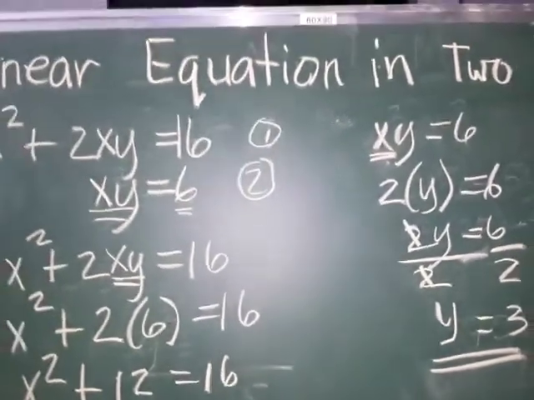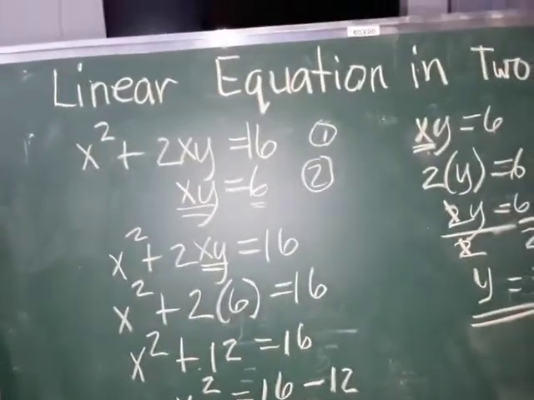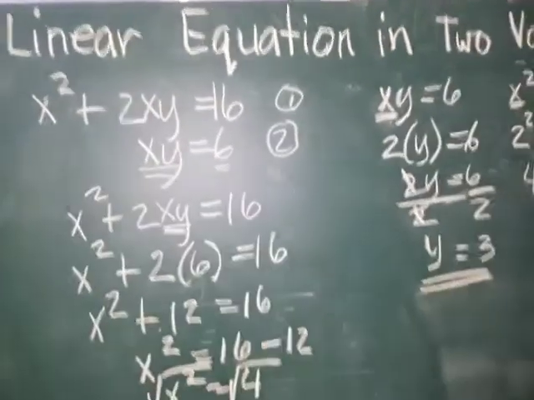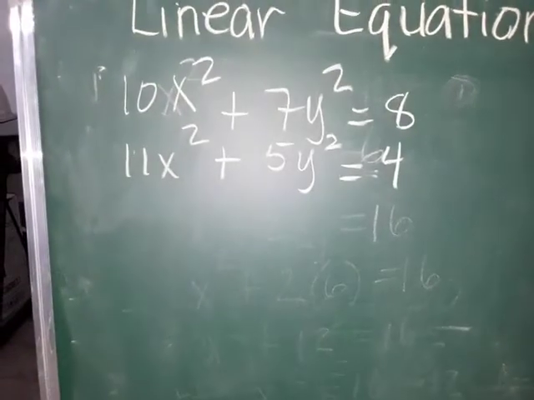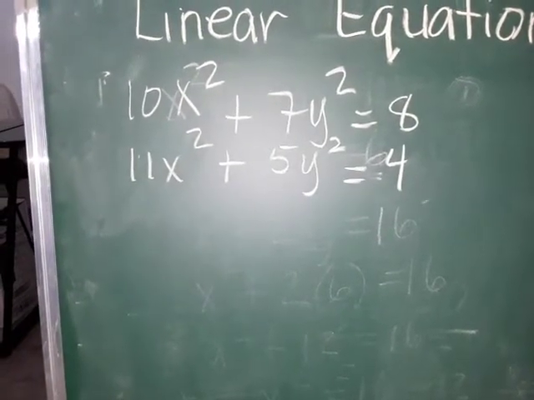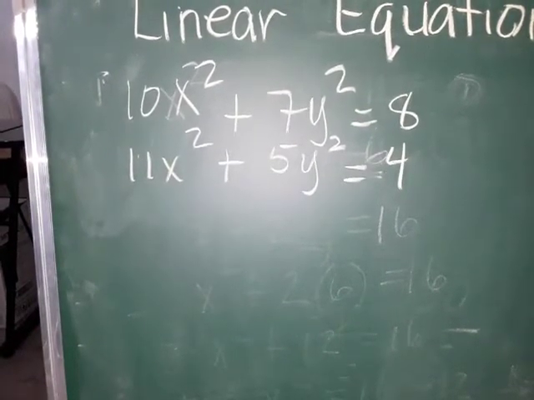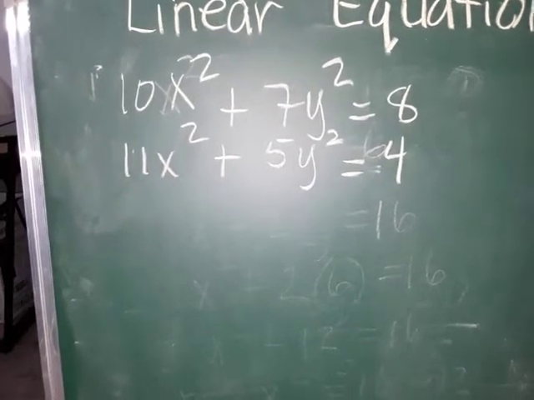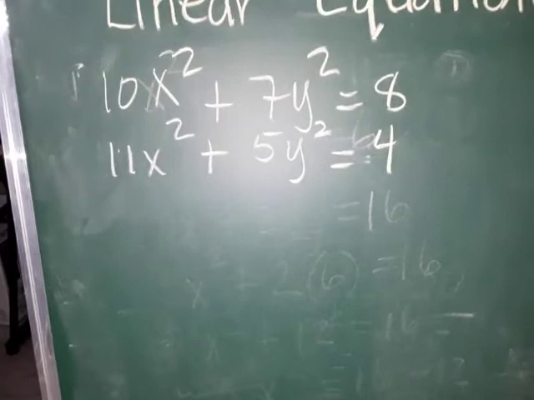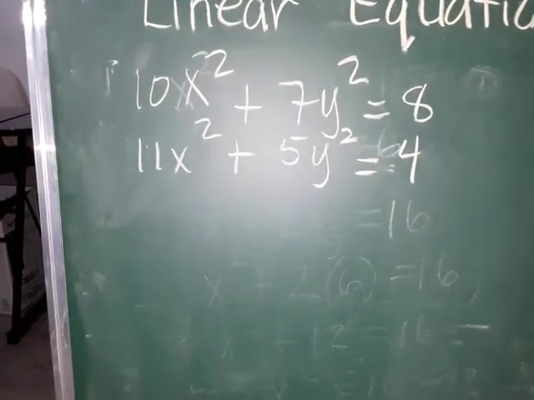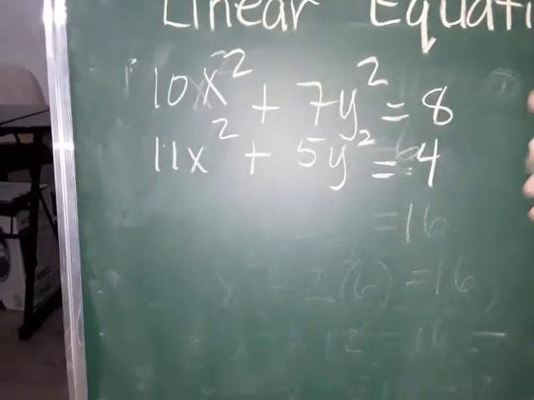Okay, so I'm going to give you one extra. It took a long time already, but I'll give you one more. We have here 10x squared plus 7y squared is equal to 8, and 11x squared plus 5y squared is equal to 4. I think there's no common coefficient in our variables,